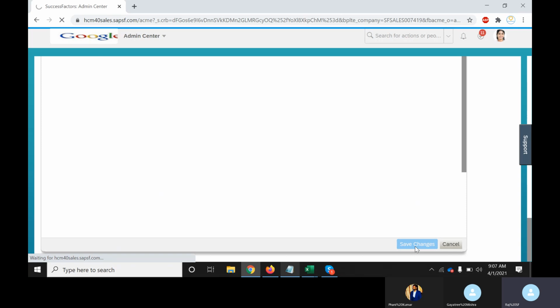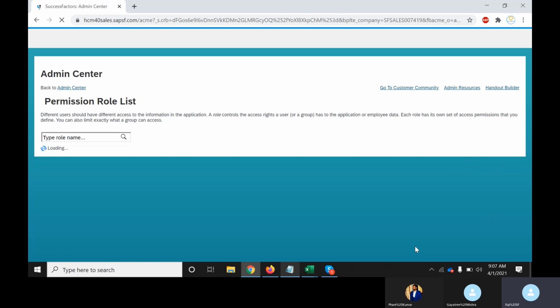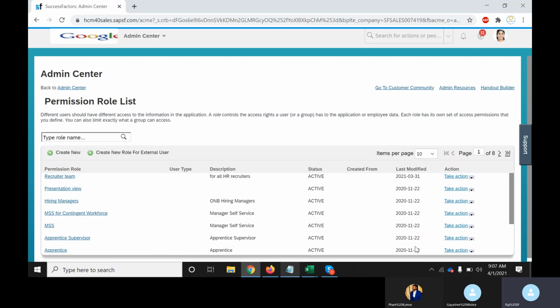So now we created one HR team and we have added some 3 people. And we also created one role and granted all the required permissions to that particular role. Then we assigned that HR team to this recruiter team role, so that whatever permissions we granted here, all that system access is available only to the people under that HR team. I hope you got a little bit of clarity about this RBP,